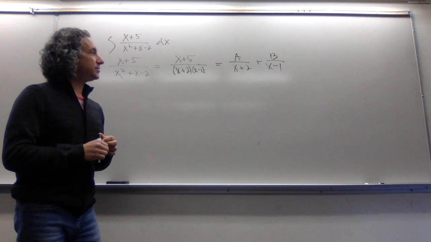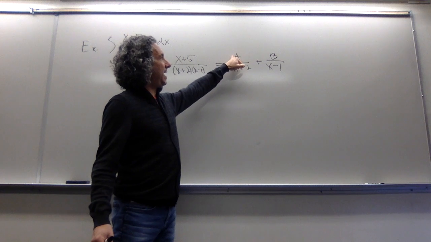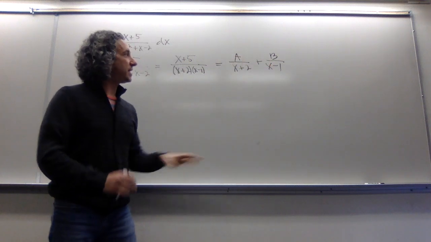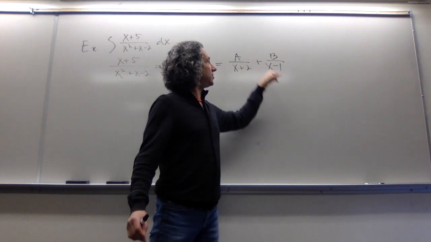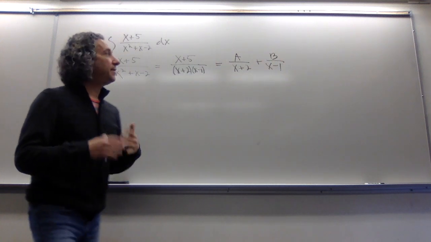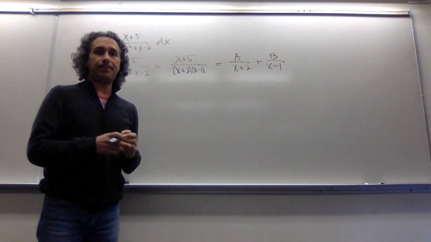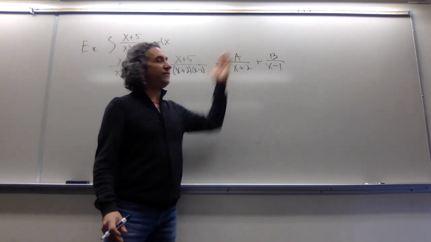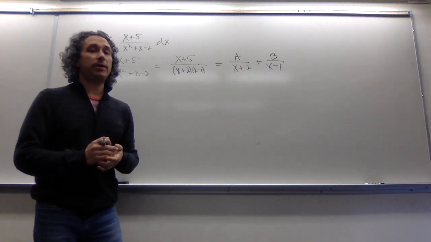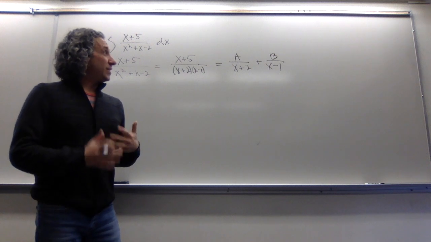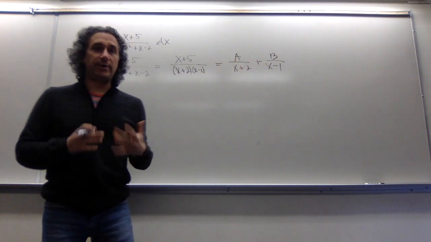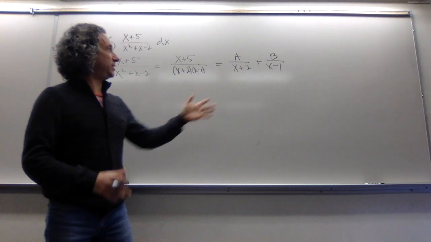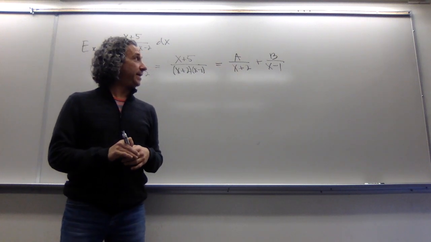Well, hopefully you said to yourself, if I can find an a and a b where these are just numbers, then I can integrate this using u substitution, and I can integrate this using u substitution. Therefore, I'd be able to integrate the whole thing. So our goal is to find an a and a b to make this work. Well, the first question is, will such an a and b actually exist? I don't want to go through the work and actually come up with no solution for a and b.